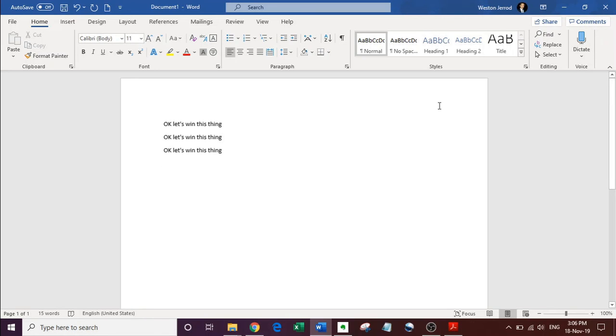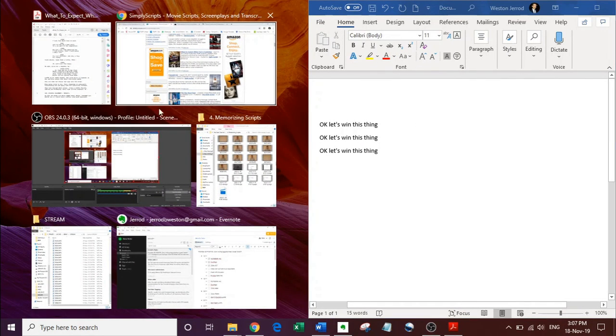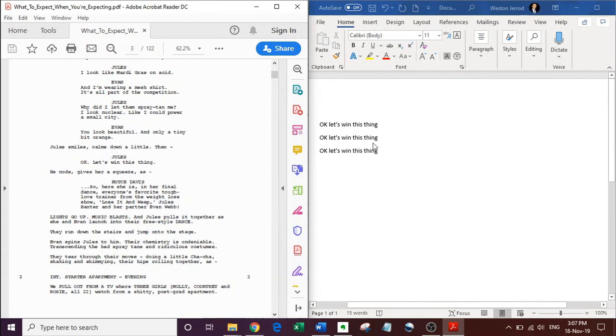Now this is a really easy line. When I first started doing this, all of this stuff took me a really long time, and I would have to do this quite a bit, but I'm getting quite a bit faster now. So now let me compare it. And I got it, okay? Okay, let's win this thing. That's a simple line. So let's go into this more difficult one, the spray tanning, okay?